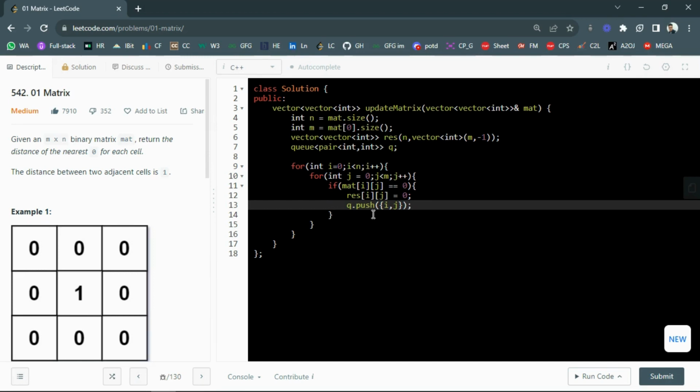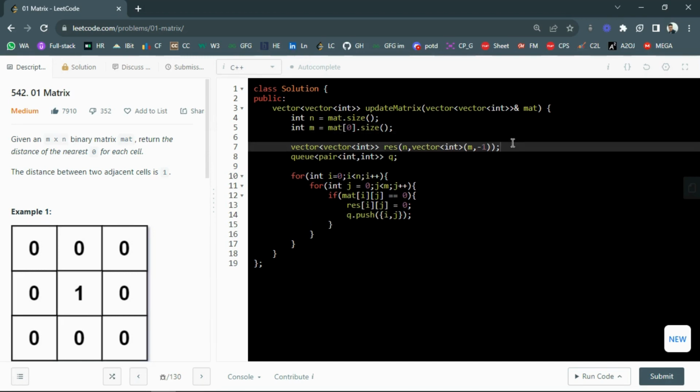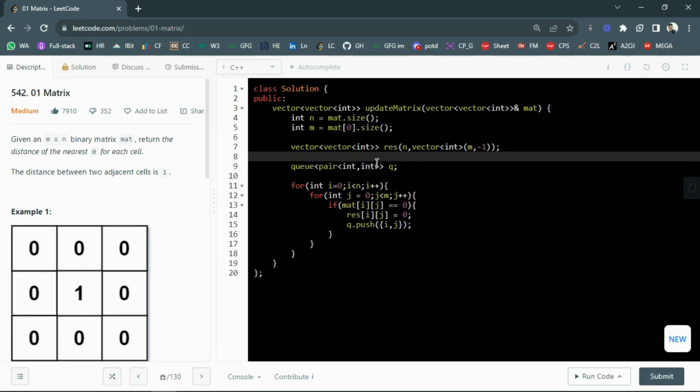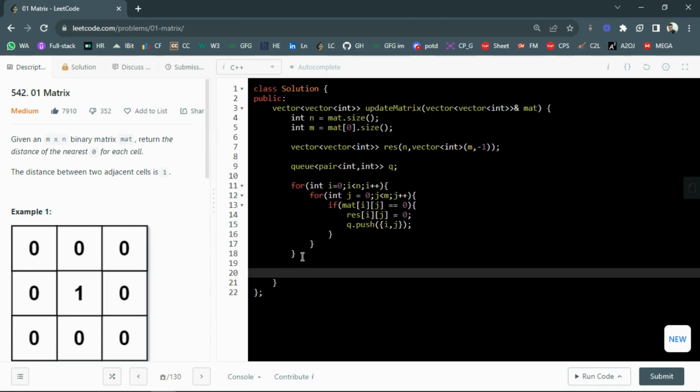Till now, what we have done is we have made a simple matrix of size n cross n. We have taken a queue. We have added all the cells with value 0 to our queue and also updated their values in our resultant matrix. Now what we need to do is process them one by one. So while our queue is not empty,